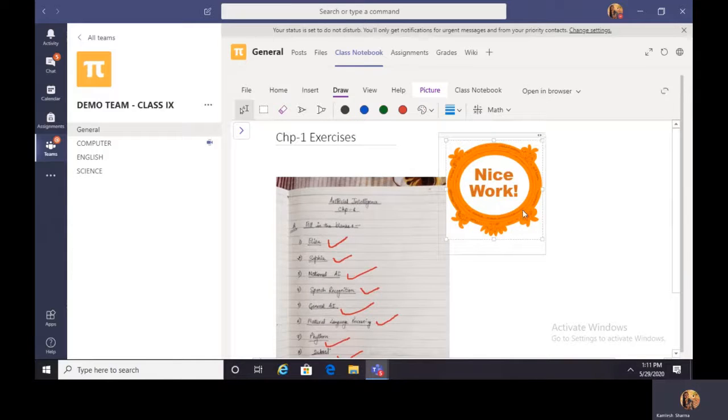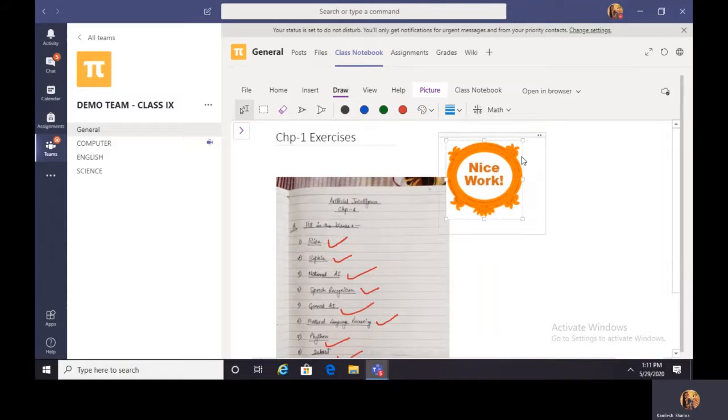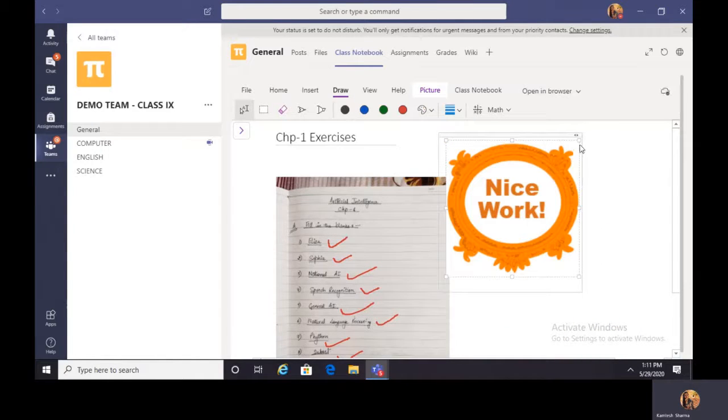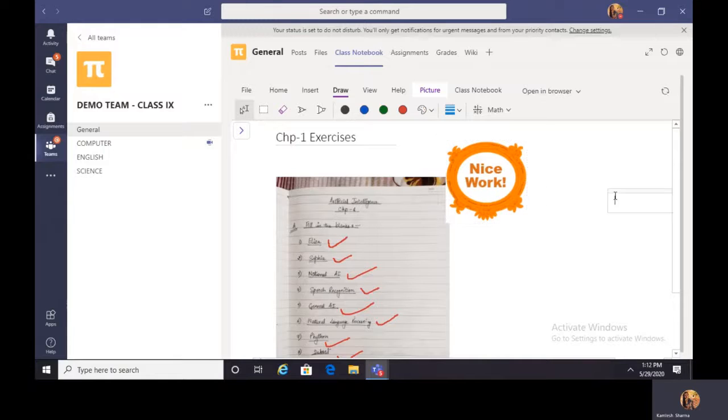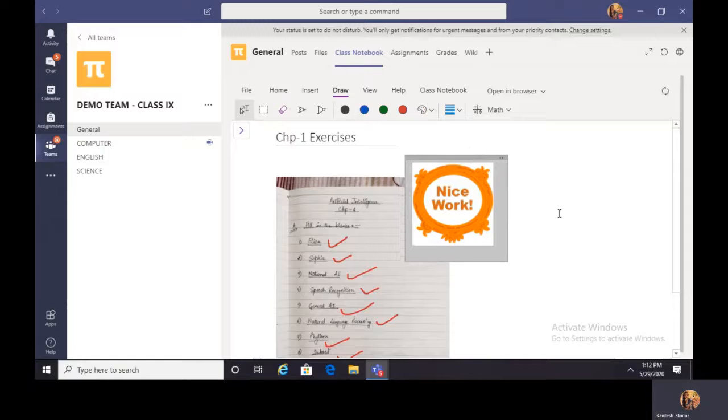Now what I want to do is reduce the size of this particular sticker. For that, first you have to select that and come to the inner boundaries, reduce the size of the sticker, or you can even increase the size. That's your choice, increase or decrease. Okay, once you are done with it, you can just leave it wherever you want. Suppose I want to keep it here, so I'm keeping it here, and that's it. Everything is being synced here. You can see the check mark here.